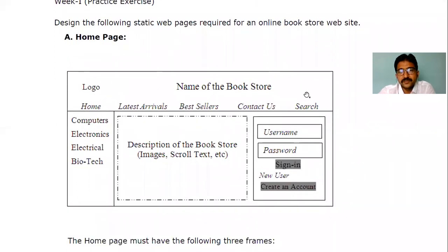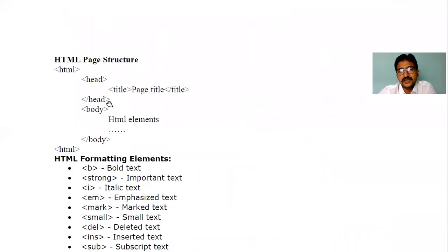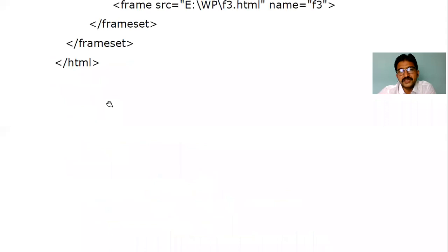Here, in this 20% of the frame, we are adding a page. This is again a page. This is totally a page. It looks like a logo has to display. This has to display. This sort of thing has to come over there. All this sort of thing is again a page. Everything here we call a page itself. This is entirely a page. We need to add a page over here. That's what we are adding over here.